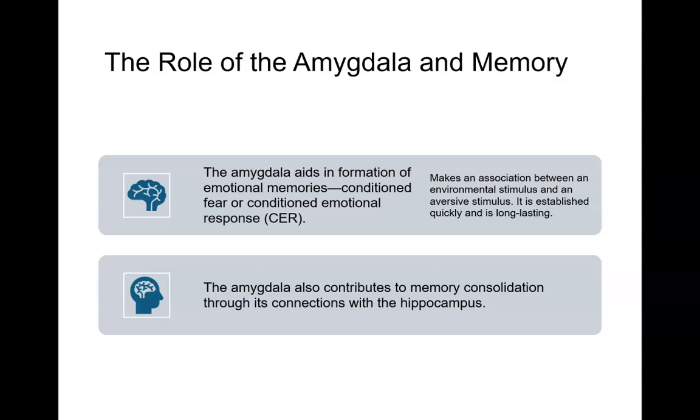Now, the amygdala plays a pretty important role with memory too. Remember, the amygdala is located just in front of the hippocampus. And we know that because of that close connection between the amygdala and the hippocampus, the amygdala is going to aid in the formation of emotional memories. This could be a conditioned fear response or another conditioned emotional response. So basically, we can make an association between an environmental stimulus and an aversive stimulus, and it's established pretty quickly and it's long lasting. So an example of this is covering your ears when you see a flash of lightning